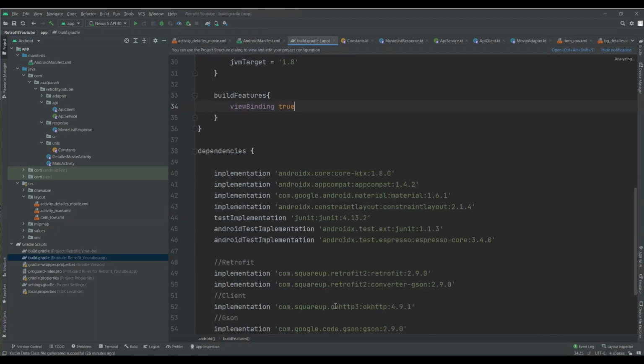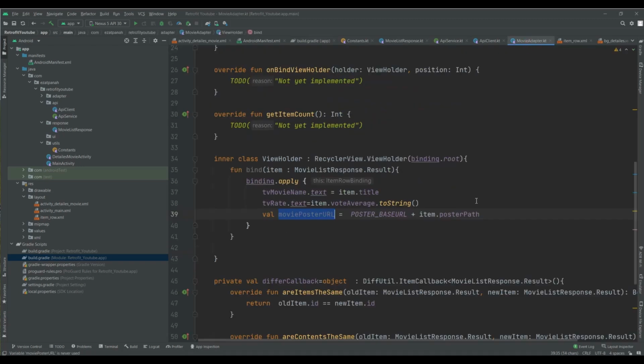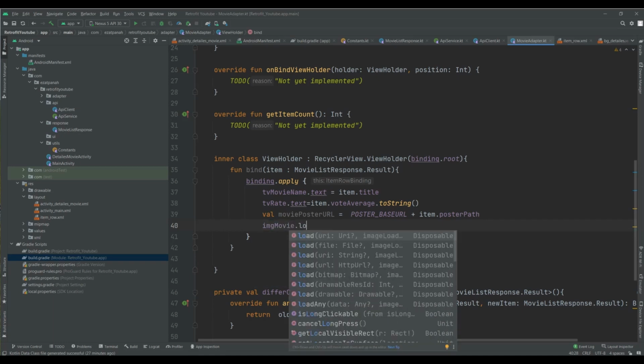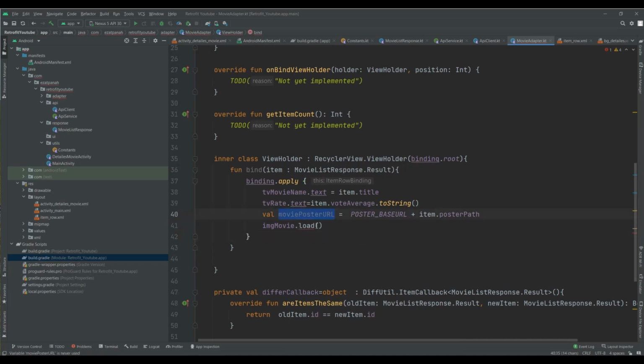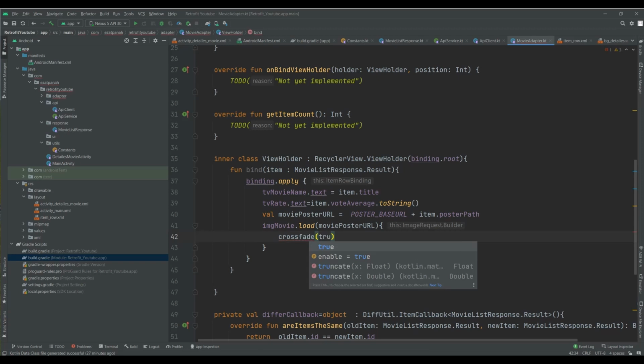Okay, great. And now I can use this address for showing the picture in my image view. Guys, let me show you something here. For image loading, I used the Coil library. It's a great and useful library for showing images in an image view. Okay, here image movie dot load, and here pass this URL, and we can set some attributes. For example, crossfade can be true,